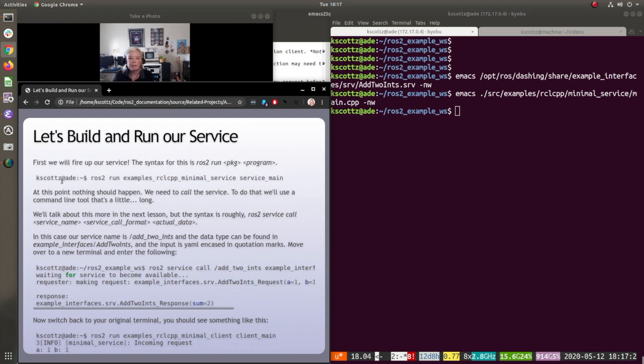All right, so now let's build and run the service. So this should already be built. The syntax for running a service is pretty simple. You should kind of be getting the pattern here. It's ROS2 run, and we're going to run examples, ROS common library, CPP, minimal service, and this thing is called service. Main is the executable. We hit enter,